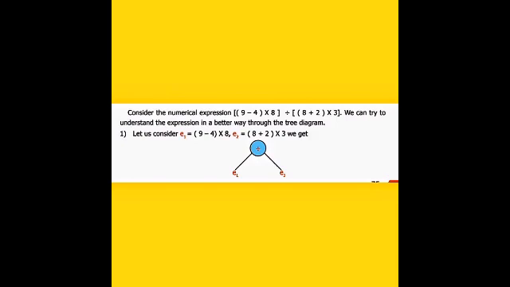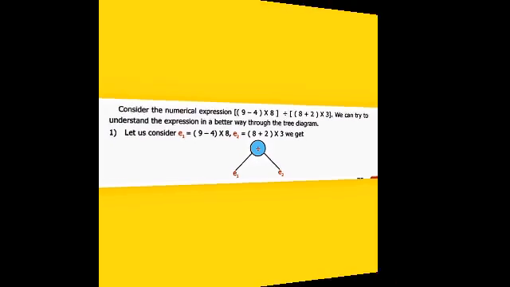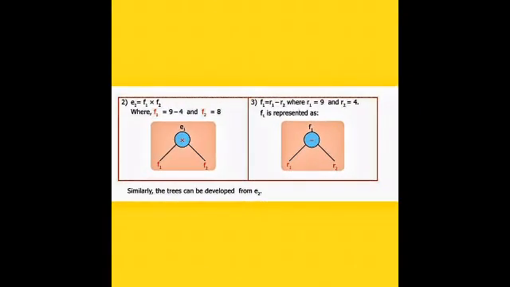The next one: in this we have considered E1 in terms of two, because we have two operations. One is multiplication, one is subtraction. That subtraction we consider F1 and the multiplication we consider F2. In that, F1 and F2 have two operations. F1 has minus, so I am considering F1 as R1 minus R2. R1 minus R2 is F1.